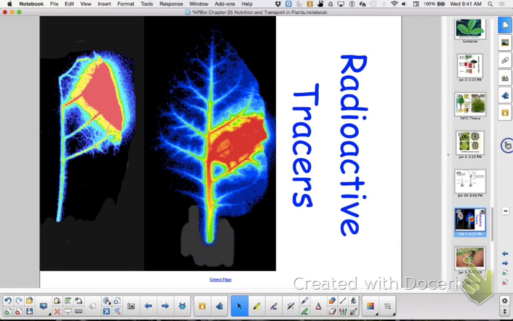Okay, it is push powered, whereas transpiration is what? Pull powered. Do you see the difference? Okay. So on your